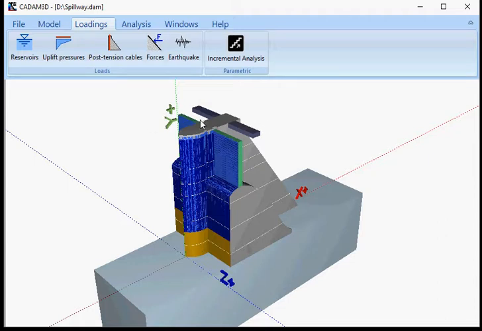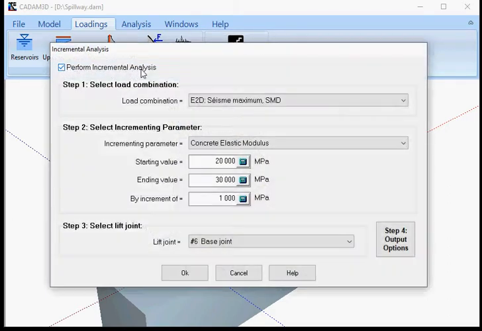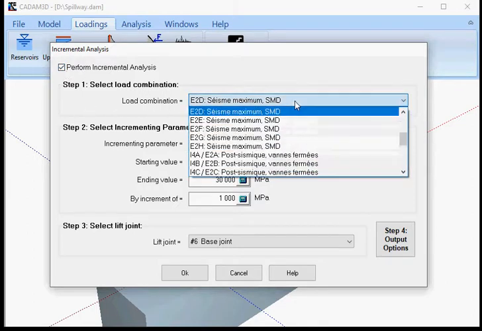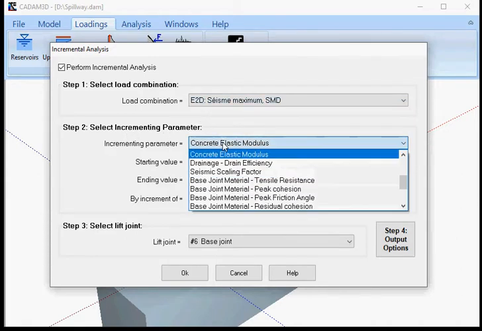So to perform an incremental analysis, you go into the loading menu and you select incremental analysis. First thing, you have to make sure that perform incremental analysis is checked. And then you select the load case that you want to apply your analysis. So one load case, and then from that load case there's many options available depending on the load case